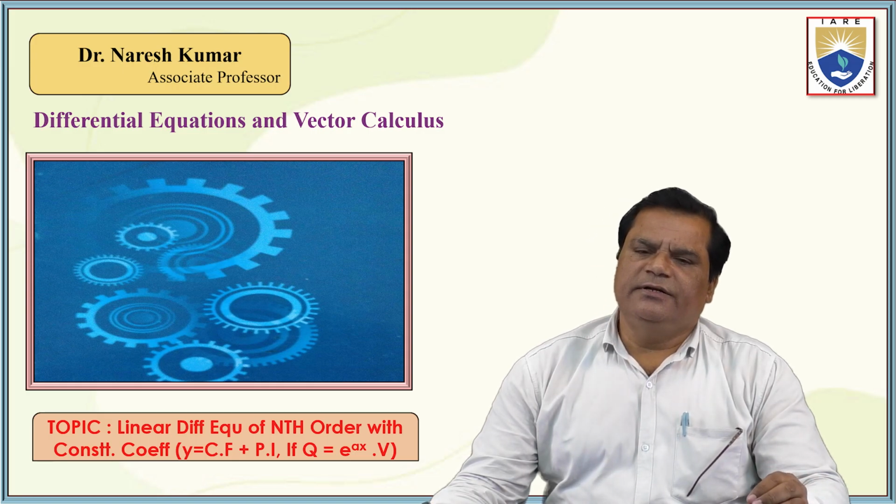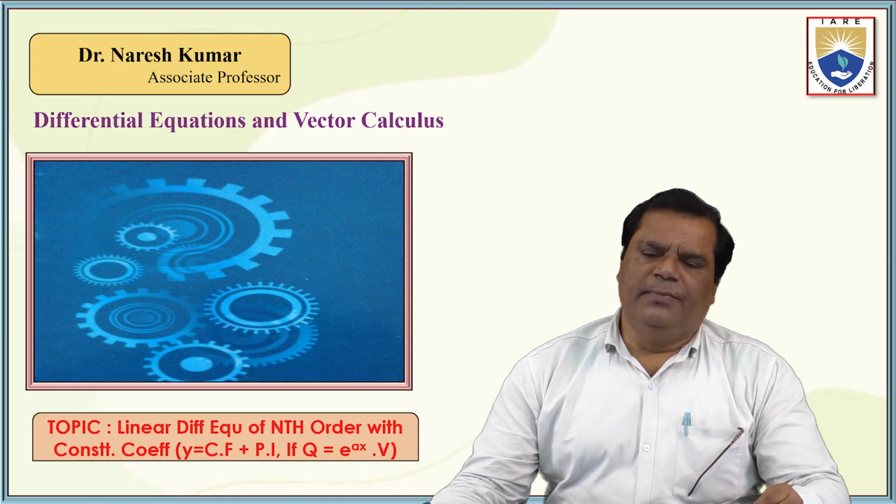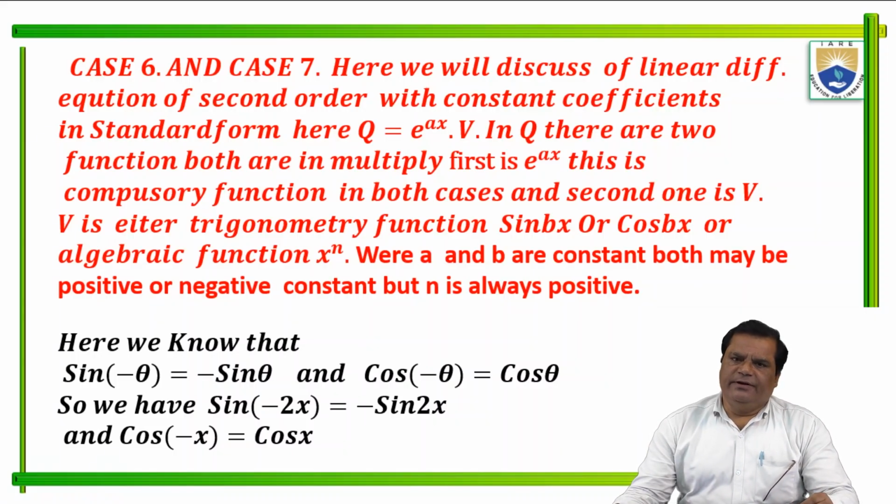So which type of function are we discussing here? In Q there are two functions. One is an exponential function, the other is a trigonometrical function or an algebraic function. Both functions are multiplied. Then here we want to discuss how we can find the particular integral of these special cases. So we will discuss case 6 and case 7 one by one. Now in case 6 and case 7, we will discuss a linear differential equation of second order with constant coefficients